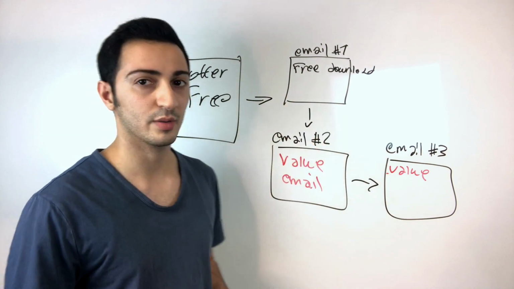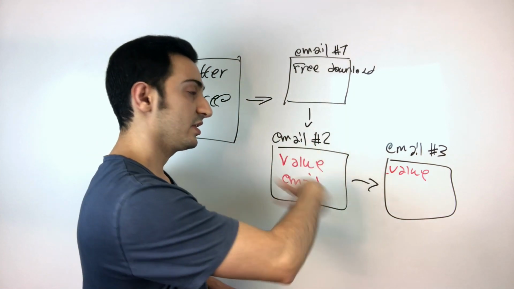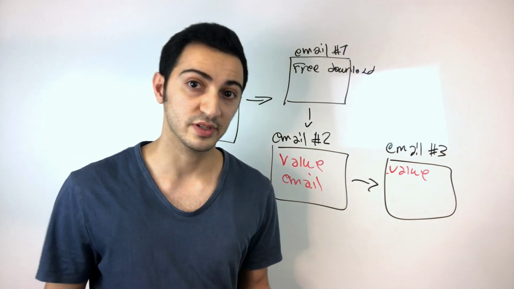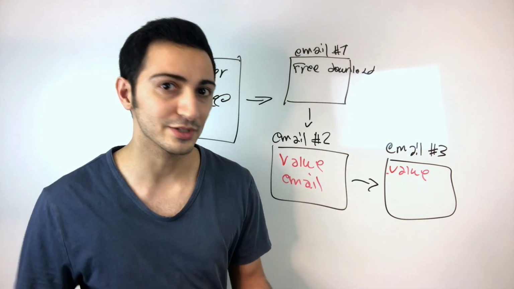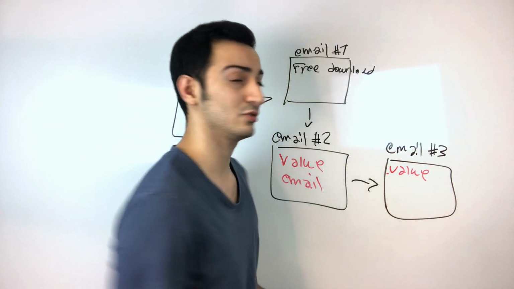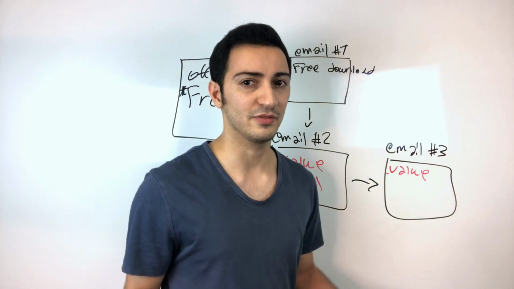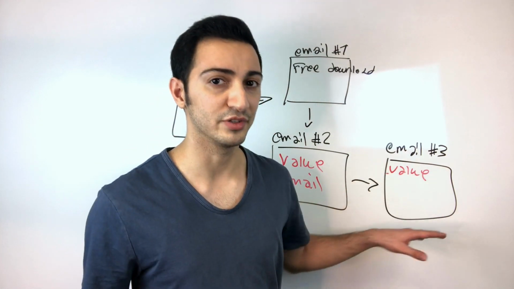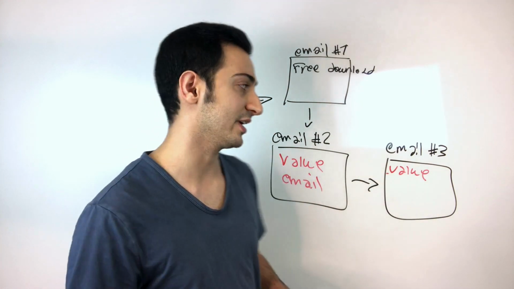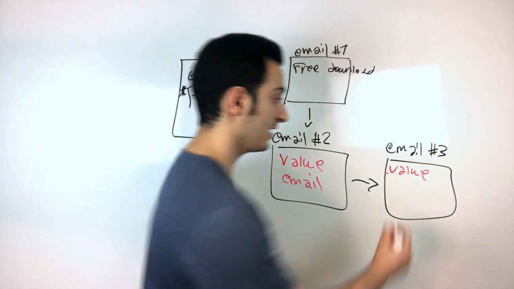So it was a short ebook about some diet program, and then on email number 2 you provide something that was really interesting to them. They read it, they learned something about it. On email number 3 you do the same thing, but at the end of it, and obviously you got to keep the content short so they actually read your entire email, you say, hey, PS,